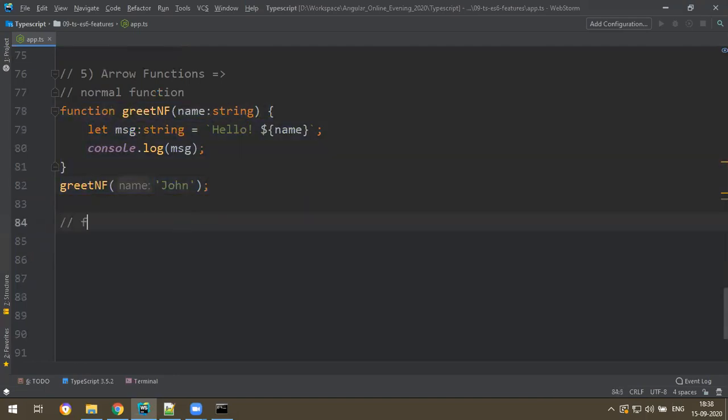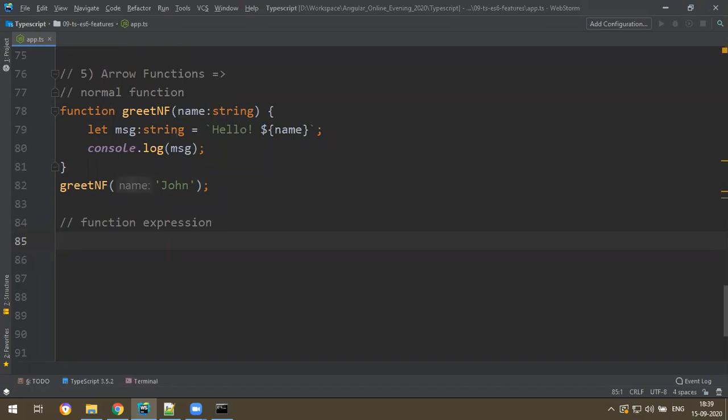What is the function expression? What is meant by the function expression? Function expression means just like a variable declaration. If you can assign a string value to a variable, number value, an object, an array to a variable, you can even assign the function definition itself as a value to a variable.